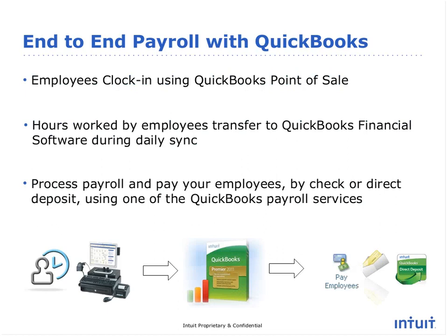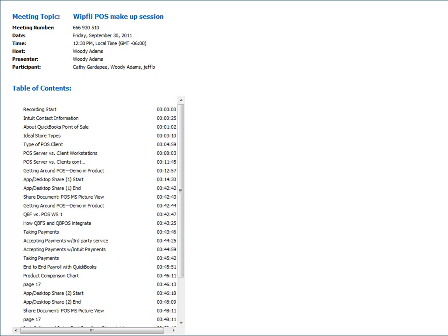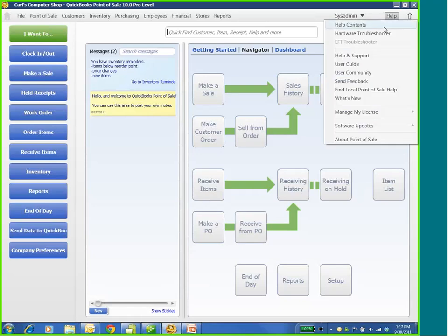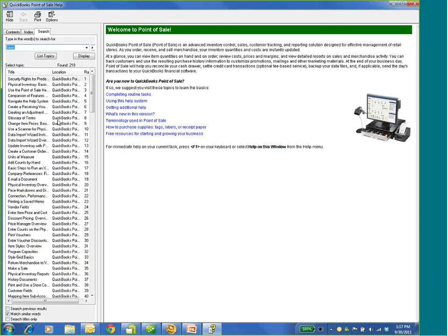And as far as comparison, then we'll get to multi-store overview, because there is, does my client need point of sale Basic or do they need point of sale Plus? So let me share out my desktop again. And I always like to give a shout out to the point of sale Help Center, because it's fabulous. So if I put in Basic in here and list the topics, comparison of features, here's the free one,